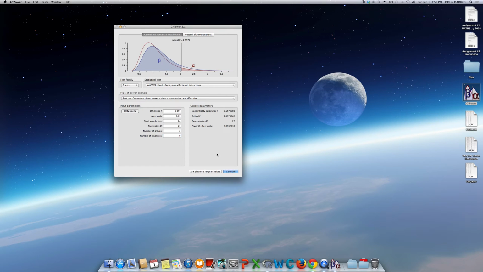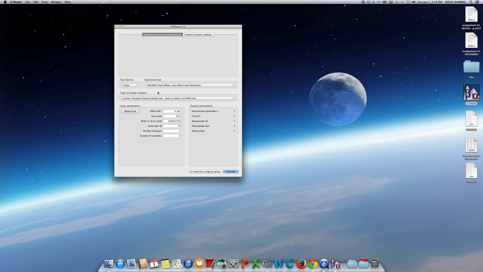Now, if I hit calculate, you'll see that the power that I have is only 0.09. Adequate power is 0.80. So essentially, because of my small sample size, I have virtually no chance of rejecting a null if it's false. Now, what I can do is go back up and do an a priori analysis and compute the required sample size